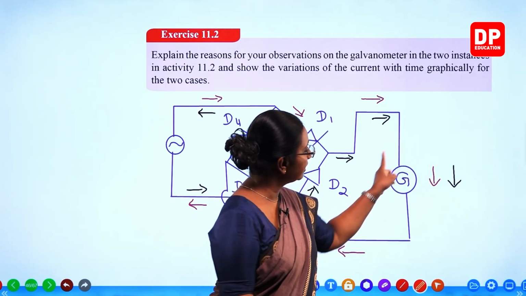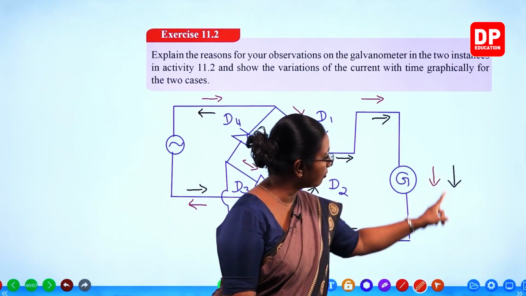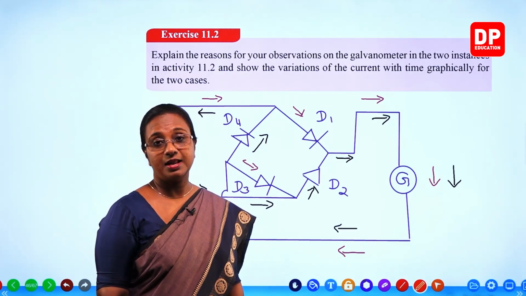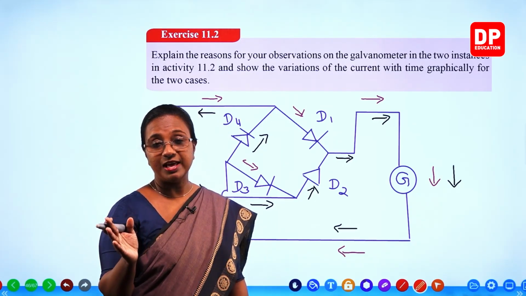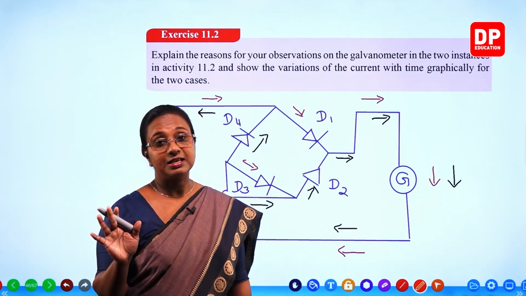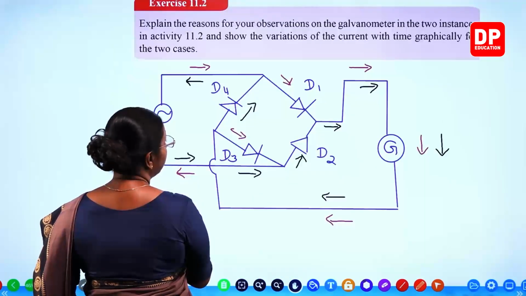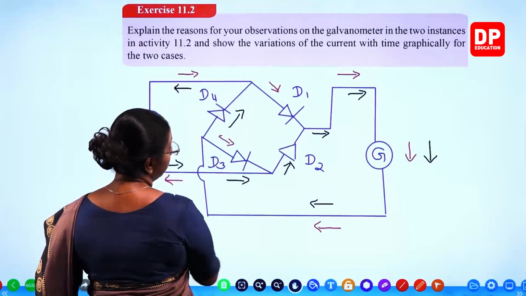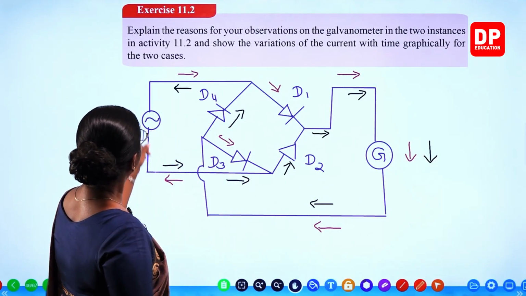So, if you look at the galvanometer, you can see both arrows are in the same direction. That is why you get the galvanometer deflection in the same direction. Is that clear, student? So there, if we draw the graph for the current, now here see,